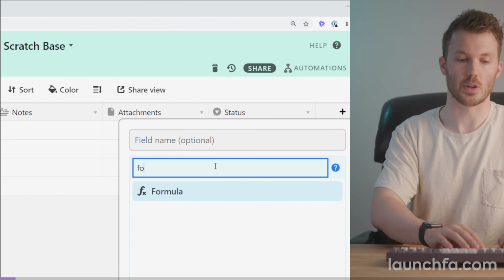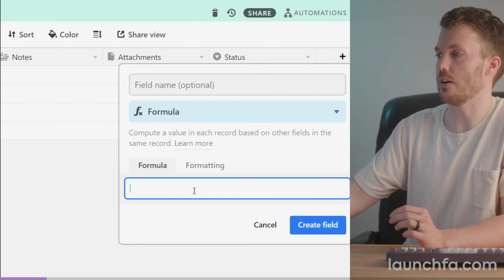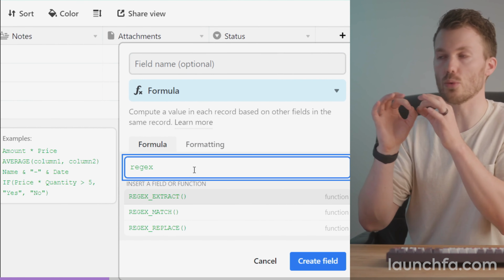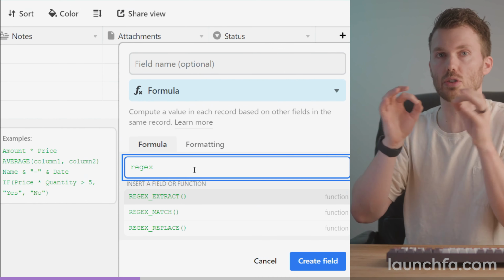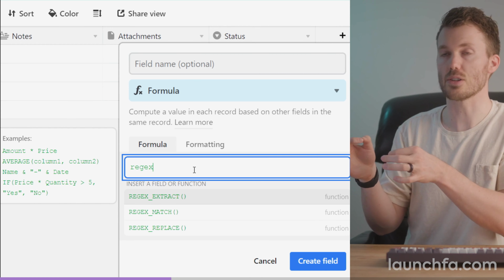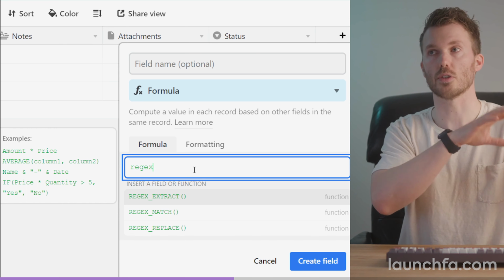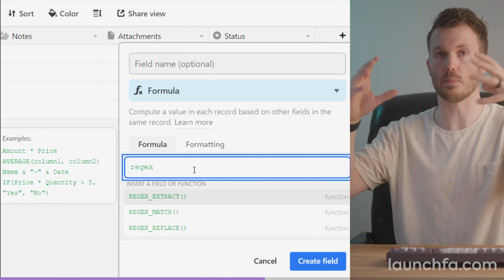All right, Regex Functions. You're gonna find this inside of your formula fields. You've now got Regex extract, match, and replace. At this point, either you're confused or you're excited, but these are regular expressions. Regular expressions are used when you wanna parse certain formats of data out of a big block of text or